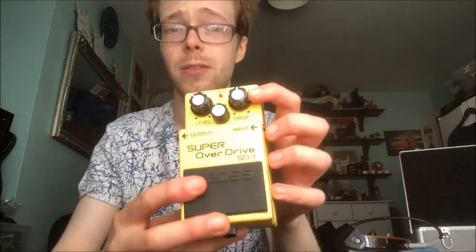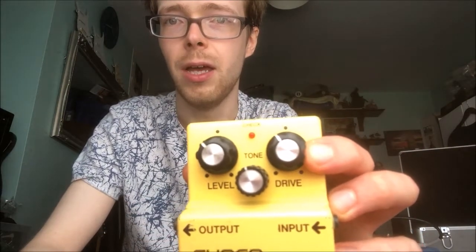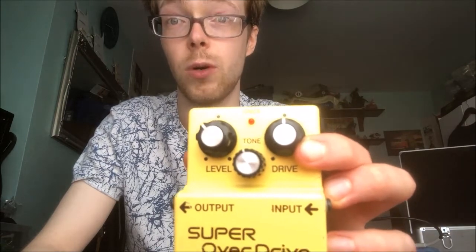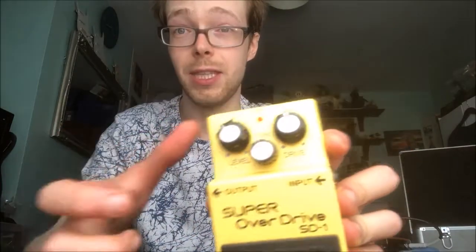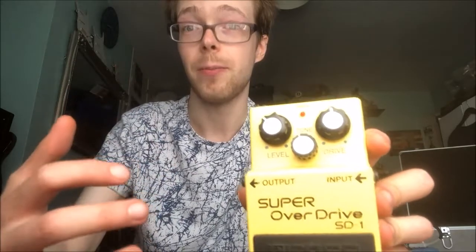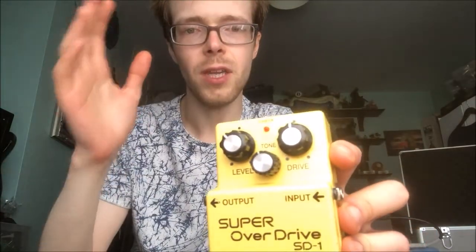EQ aside, we'll get to that in a minute, but the voicing of the pedal is very clear. It doesn't have a lot of gain in it. Most of the time the gain was probably no higher than about there. But when I pushed up to there, especially towards the end, that's where I felt that it lived quite comfortably. I think that's the sort of thing that it's good at. Not that setting, I mean that amount of gain that it's giving the amp, because that depends on your guitar and your amp and all that gubbins, but you know, I think it